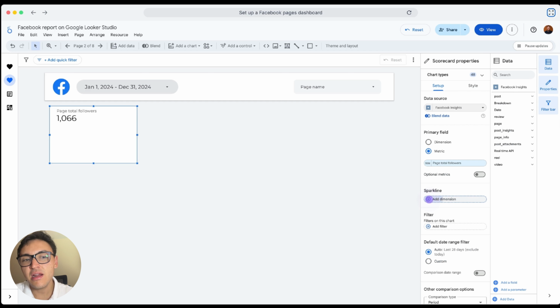Now it is time to break down and segment this data by however I want. So I will first organize the size of these charts. I will go to add a chart and I will select a time series just to show you an example. In this time series, I will leave it as it is. I am visualizing my total followers over time by date. I will adjust just the size a little bit of this here, and I will go to add a chart,